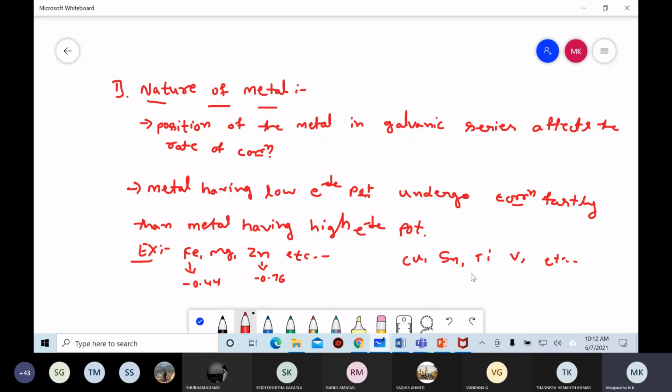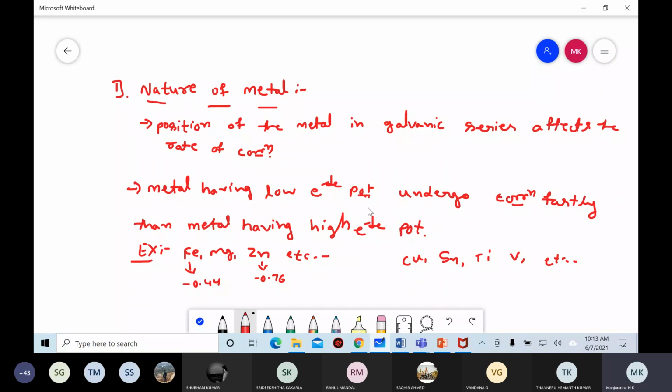It's clear, the first one, nature of metal. Is it clear for you, nature of metal? If they ask about the nature of metal, you need to write down these two points with an example. First, the position of the metal in the galvanic series affects the rate of corrosion. Second, metals having low electrode potential undergo corrosion faster than metals having high